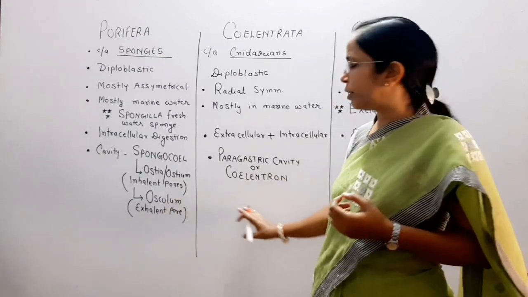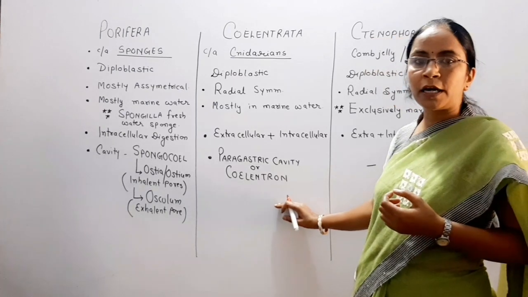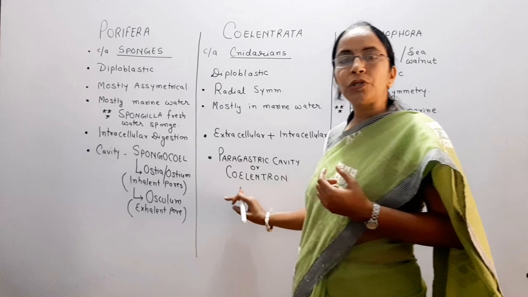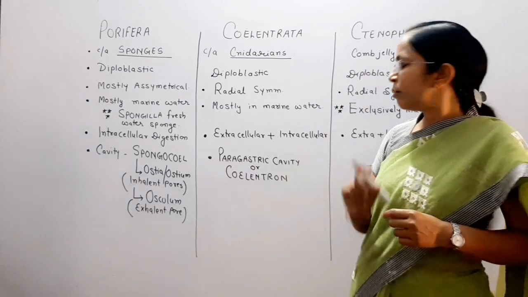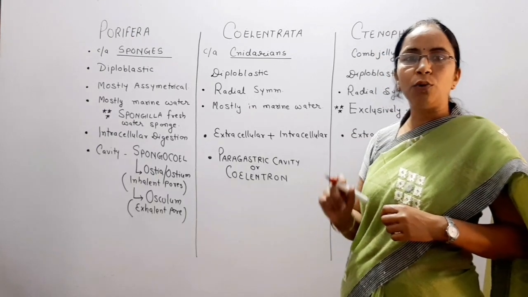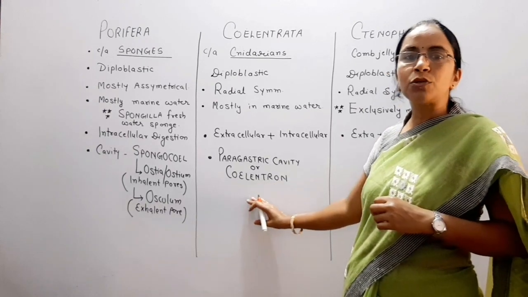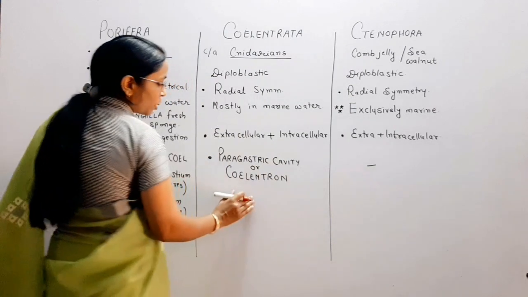Now when we come to these pore structures, when we study coelenterata, this question is again asked. The coelenteron or paragastric cavity is opened by only a single aperture. That single aperture is regarded as equivalent to a mouth, but what do you call the mouth here in coelenterates? The mouth is originally called the hypostome. So the true or original mouth is absent.